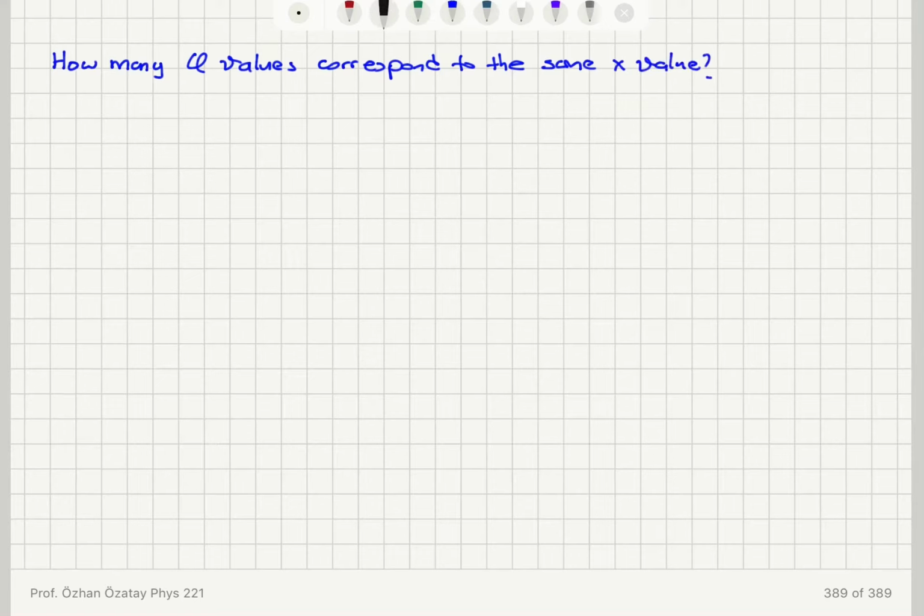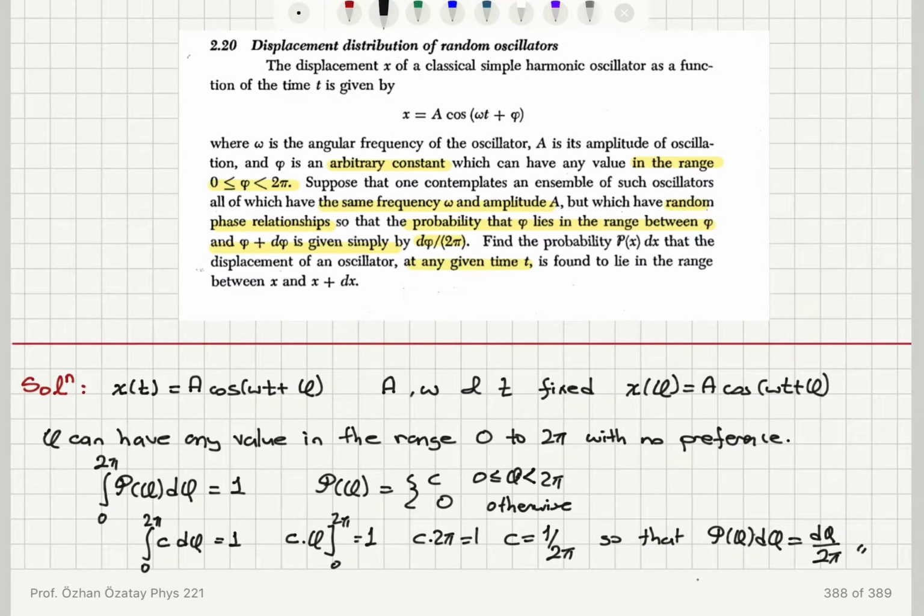This is a question we have to be careful with, because if you plot x as a function of phi, where phi is between 0 and 2 pi, I will see it's a cosine function, so it's going to start out,